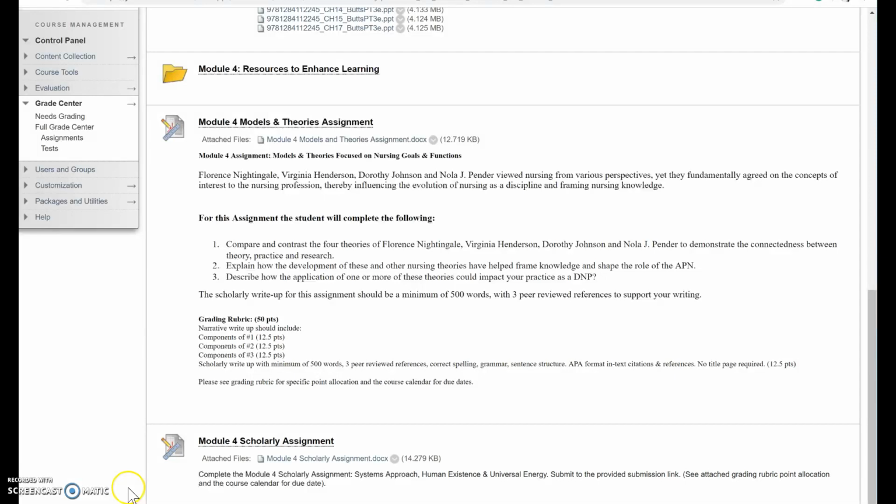Okay, then the next section is entitled Resources, and this is worth 30 points. And it says share 2 resources such as books, a scholarly article, or a website where you can find similar thoughts, ideas, or themes that will enhance knowledge of these models or theories from the systems perspective, and then from the human existence and universal